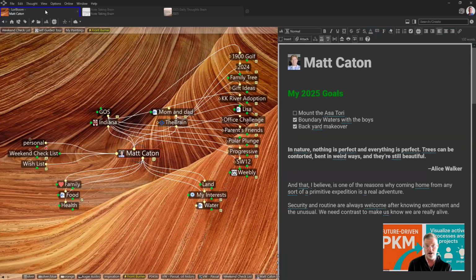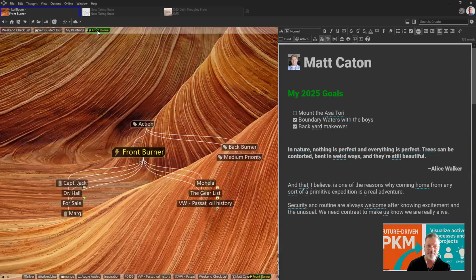So this brain is all about me. It's all about today's topic, future personal knowledge management. And it will continue to be my knowledge management system well into the future. And I'm going to show you exactly what I mean. I'm going to show you a project that I'm working on right now, and then talk to you about why it's so important that I organize this project appropriately to reflect on it in the future. Because you might think, well, a project you're working on now, 10 years from now, you're not going to care.